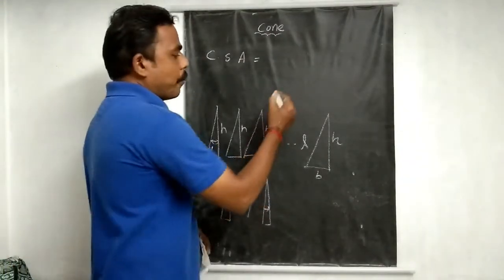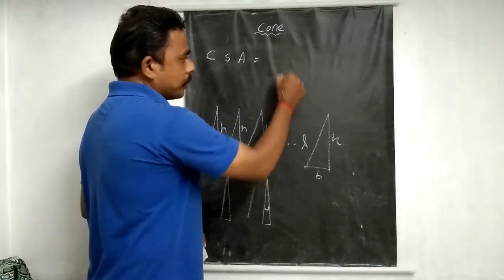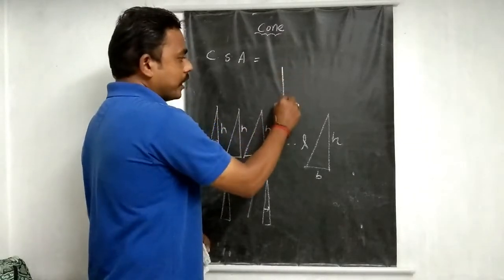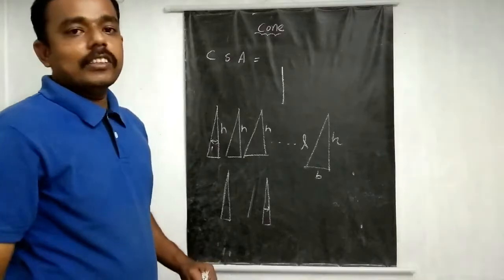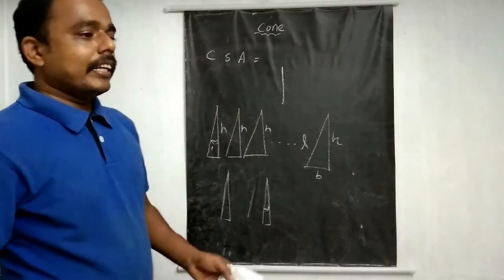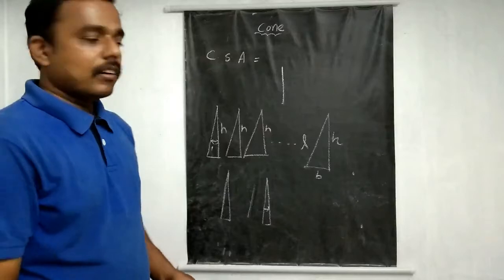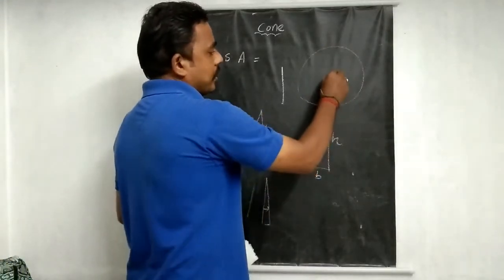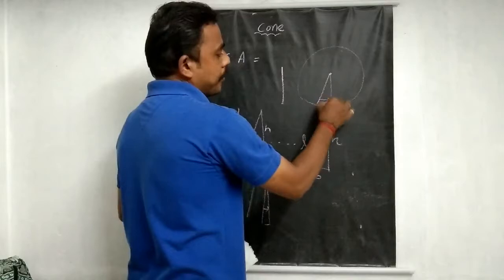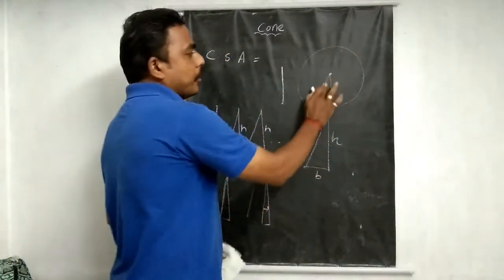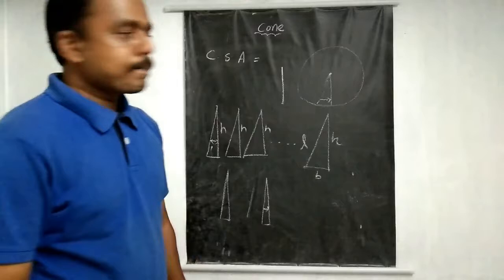So here suppose one point. From this point I need to make one perpendicular line and also a slant height. What is the meaning of this? Both are equal. So I am going to increase the number of pieces of the particular base. This slant height may be near to the height. Like that I am going to make such pieces.